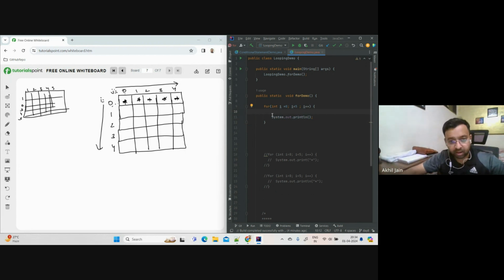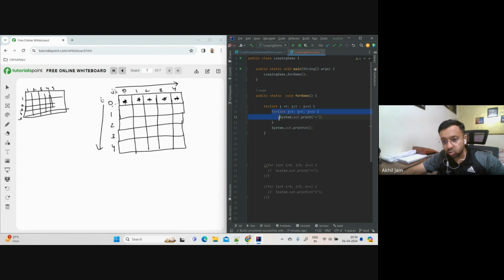That's it. If you leave it as is, it will just press 5 enters. But let's say before this I added this loop also, and in this loop it just prints an asterisk in the same line. So this will help us print asterisks in the same line here. Now System.out.println is there, and if I run this now,